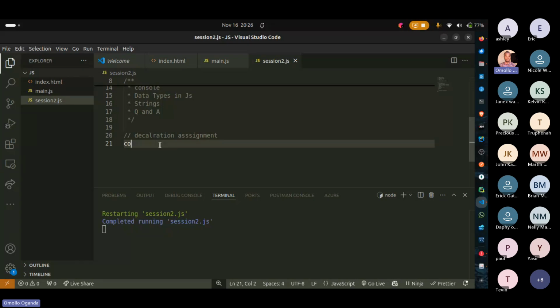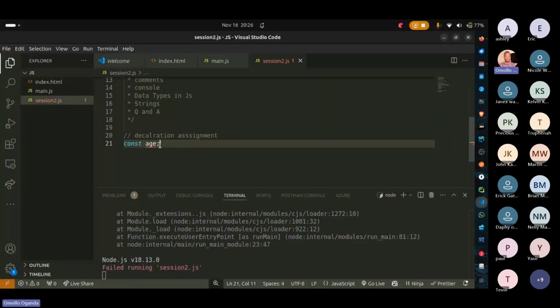Now, if I say const age, now age is what we call the declaration. I've declared a variable called age, okay? From this point onwards, if I refer to age, I'm referring to this container that I declared. And then if I come here and say age equals 12,